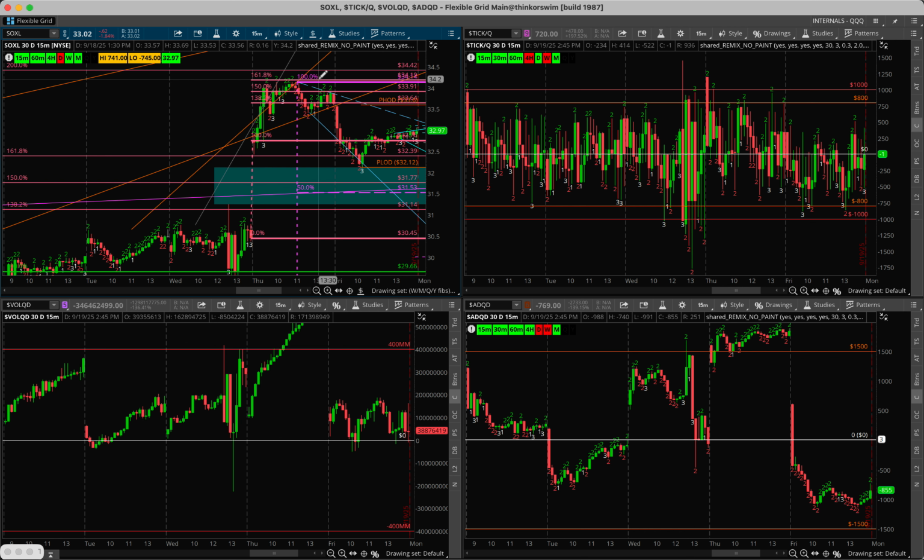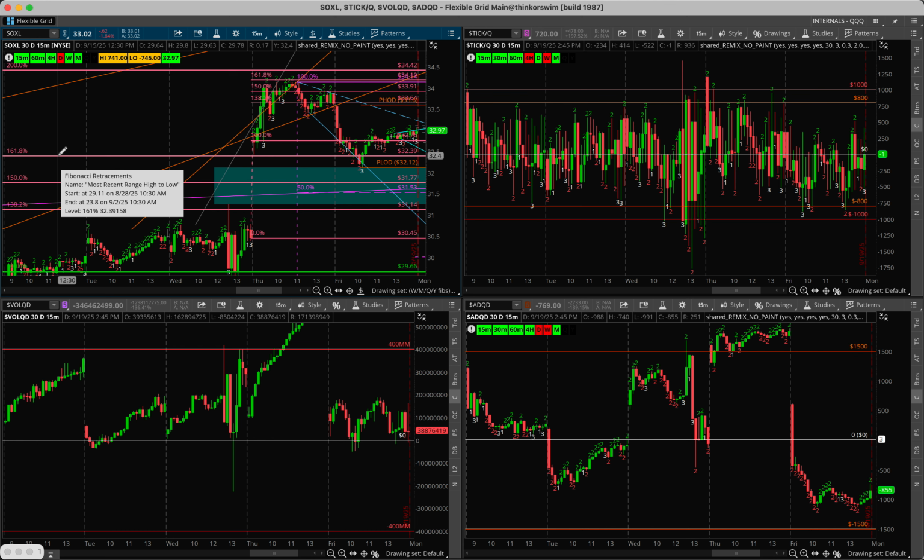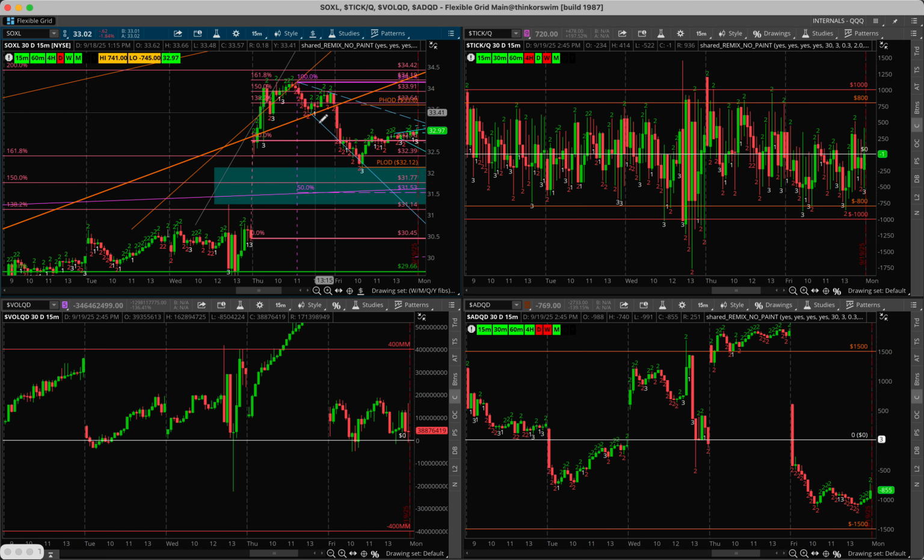And you can see how Thursday we played within that range, and then it became resistance Friday morning, and we pushed back down into this 161.8 fib extension of that last high to low range that we had. So it's playing to our levels very, very well. So it's been a little bit easier to trade intraday particularly, but you can see how